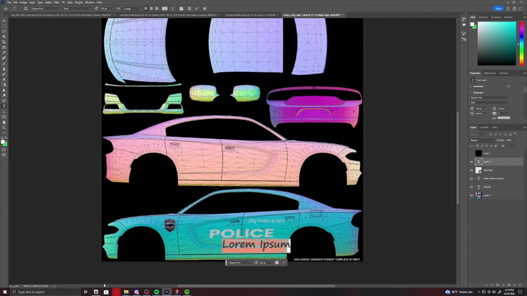I'm gonna add in Los Santos. I'm gonna change the font real quick. Now I'm just gonna make this smaller. Let's see how well it matches up. It's not too bad. I'm gonna make it a little smaller. It's a really basic livery, but just for tutorial, and it's just fast, easy to do, and easy to follow along. Okay, once you have that lined up how you want it,